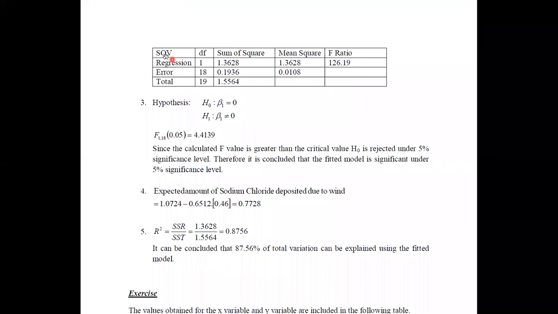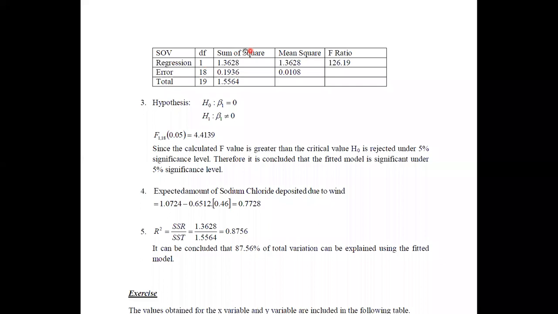Therefore, these are the sums of squares obtained, and the ANOVA table is this. The sources of variation are regression, error, and total. The degrees of freedom of regression is 1, and since we had 20 observations, n minus 1 gives the degrees of freedom as 19. Taking the difference between these two values, you obtain 18.